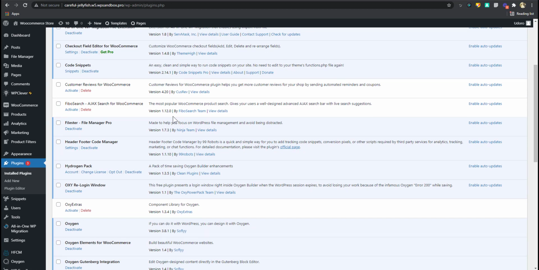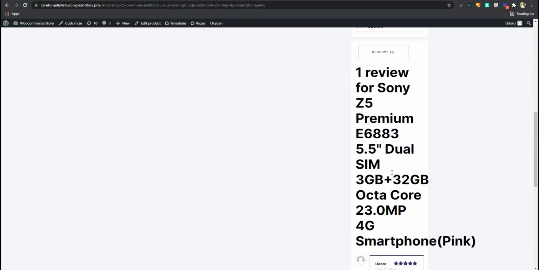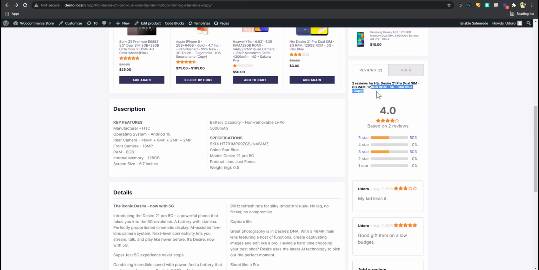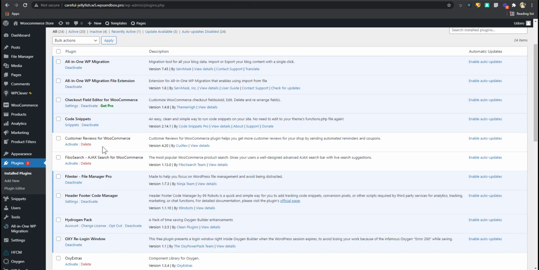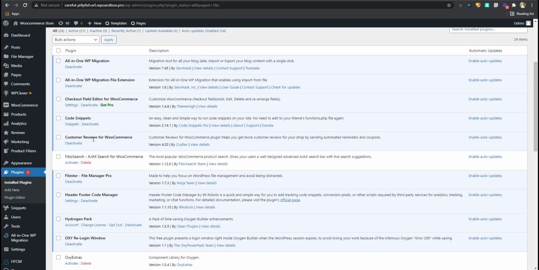So we have customer reviews. Okay, so what we have here is the default customer reviews. It doesn't have all these, you know, bars. So I'm going to enable this, activate this plugin. It's called Customer Reviews for Woocommerce by Carousel. I'm going to activate that. So you install and activate that, and then now once you install and activate this plugin, Customer Reviews for Woocommerce